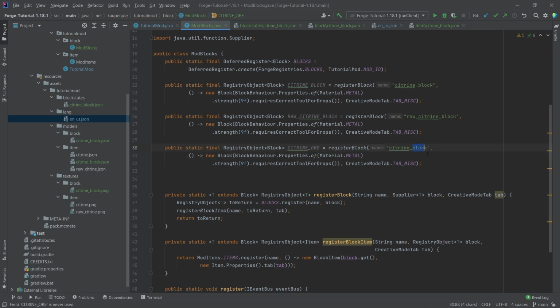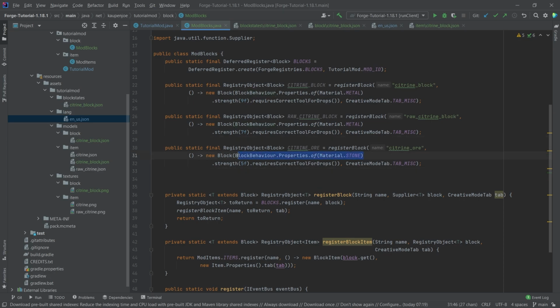Then at the end of the video, I will also have a little bit of an interesting thing here for you as well. We're going to say this is still metal. That's fine. Maybe decrease the strength a little bit so that it doesn't take too long to mine. Same with the citrine ore. That's definitely a little less, like let's say 5, and this is going to be stone. Now the material, if you set certain properties of it, then it's basically going to already set some block behavior